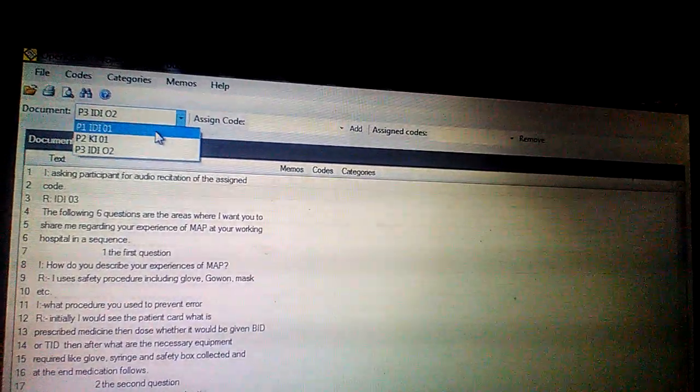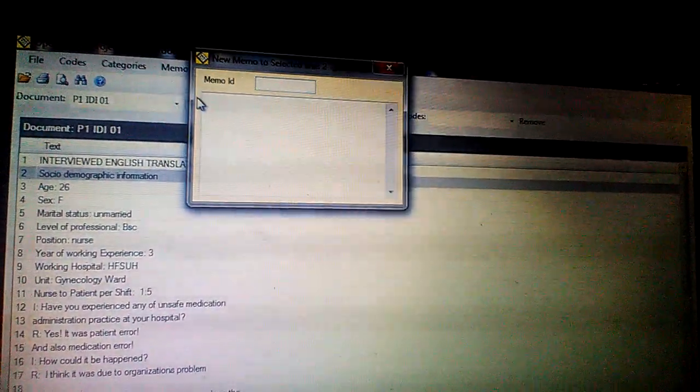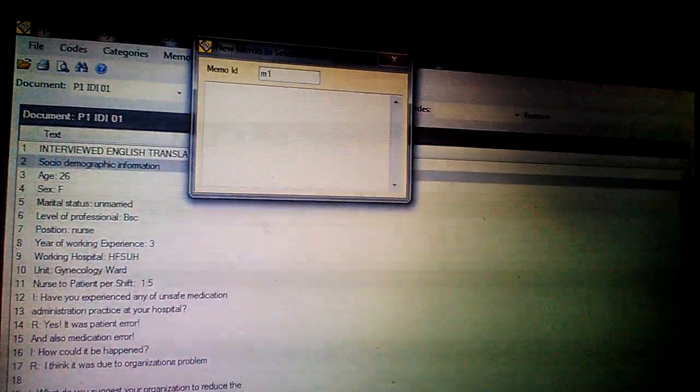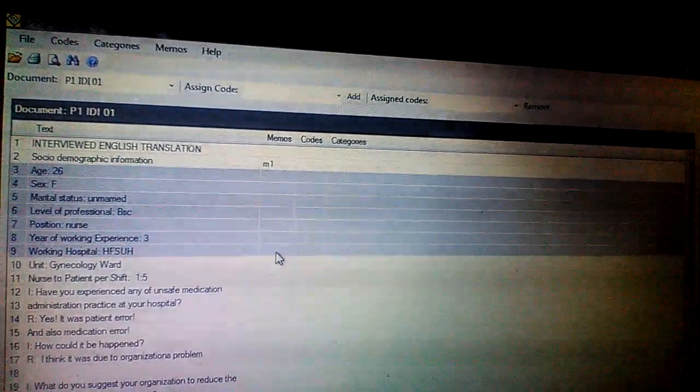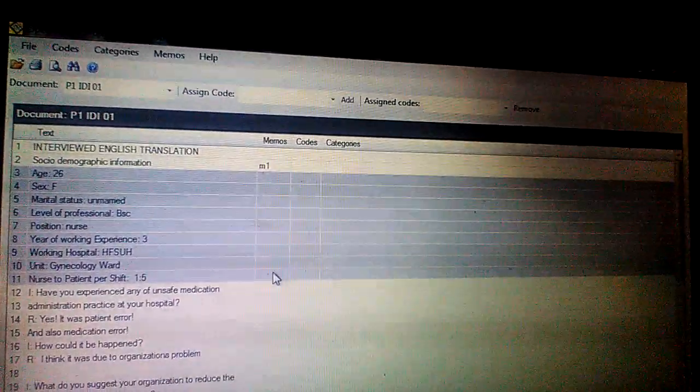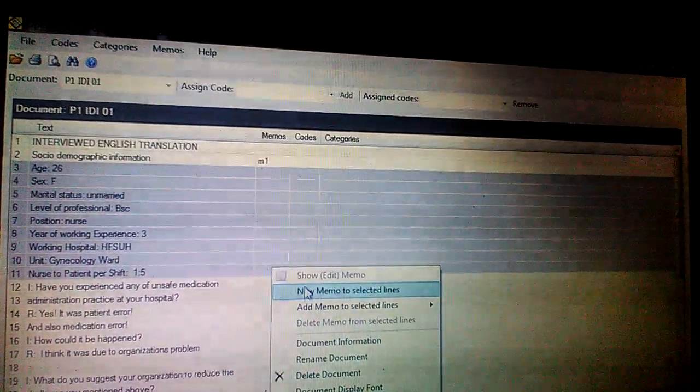To work with data 1, I have to write memos here. To write a memo, I have to click here, then New Memo. Let it be memo 1. Then about the attributes, because we are talking about the socio-demographic data. So these are all that require the socio-demographic data of the individuals reporting about